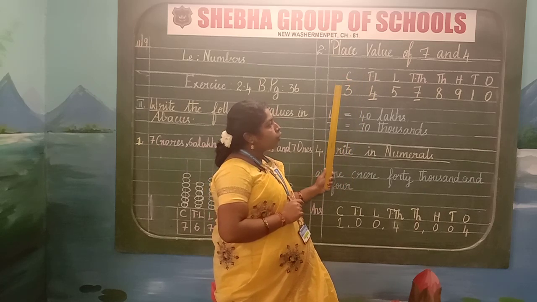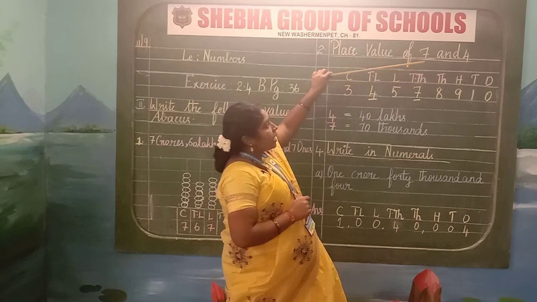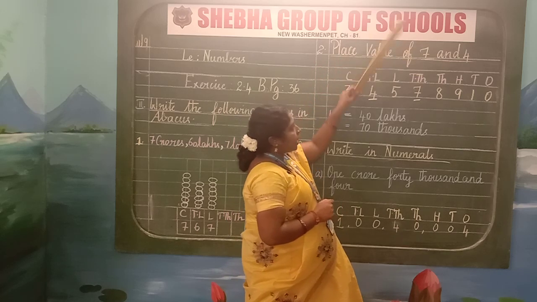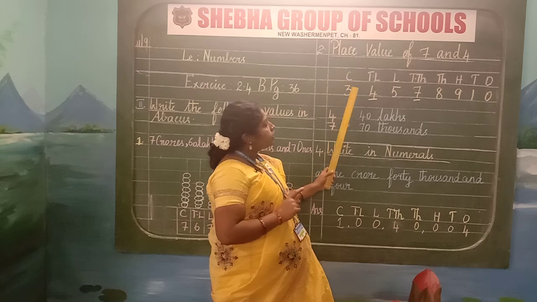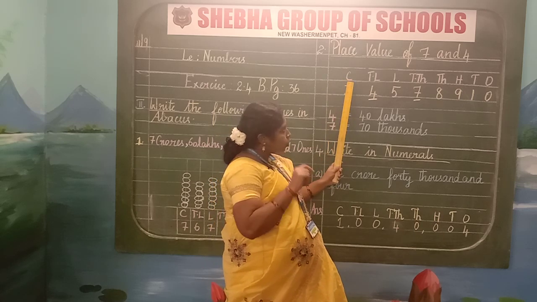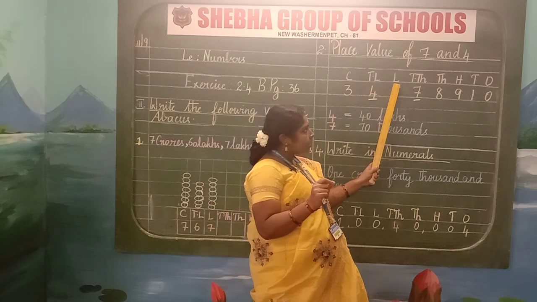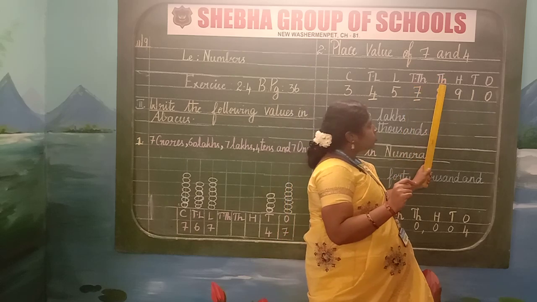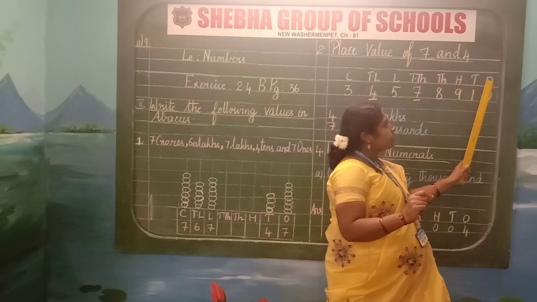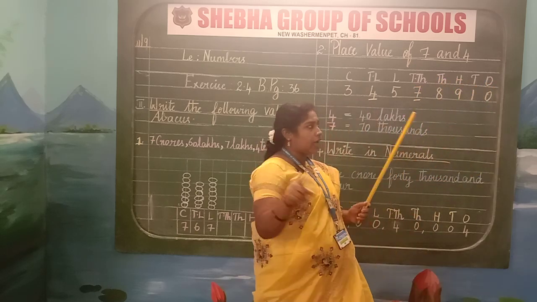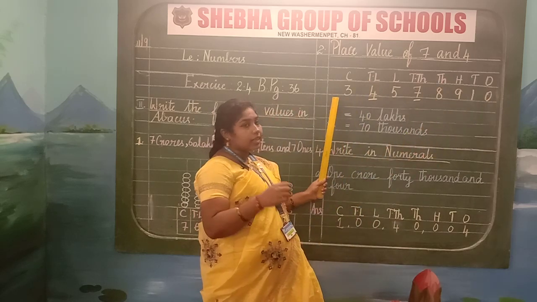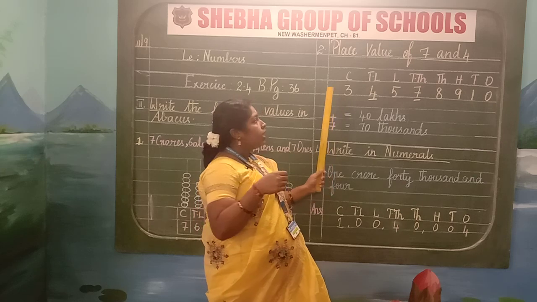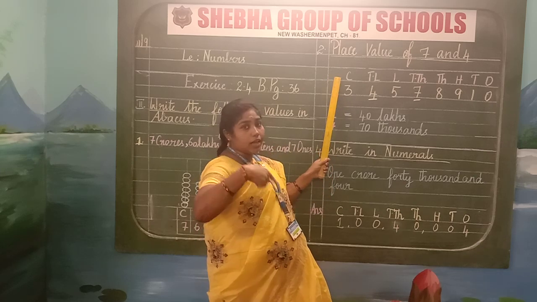So, they have given you a number here. After writing the heading, leave one line. Keep a finger gap in the margin and start from the margin. Start crores, 10 lakhs, lakhs, 10,000s, thousands, hundreds, tens, ones by giving a finger gap. After writing this place value, you can start writing the numbers according to the place value written on the previous